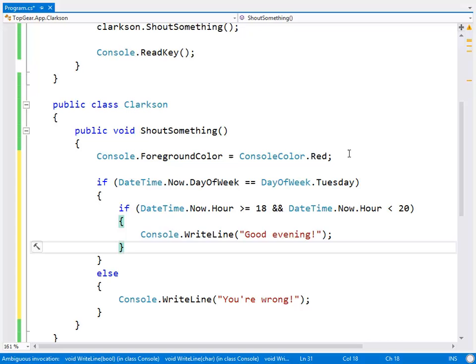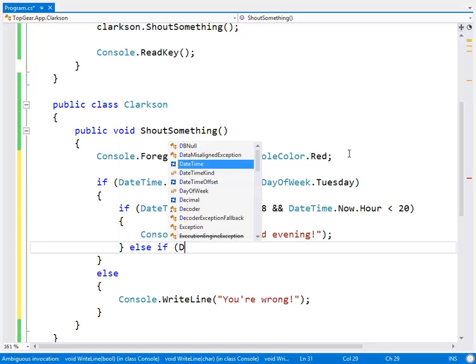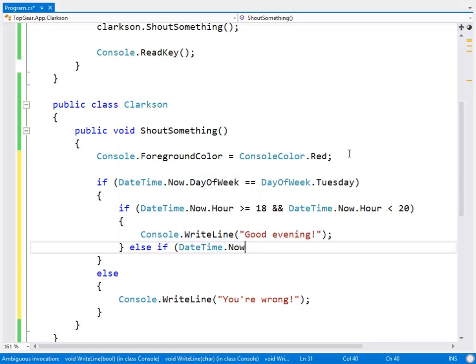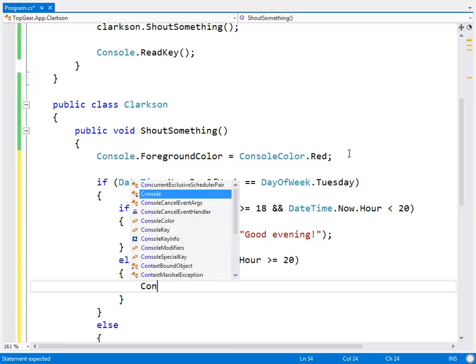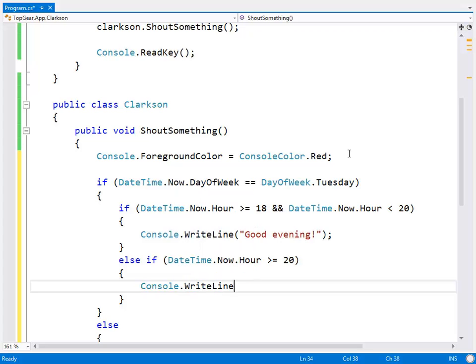All right. Else, if DateTime.Now.Hour is, let's say, greater than or equal to 20. Yeah, that'll do. Console.WriteLine.